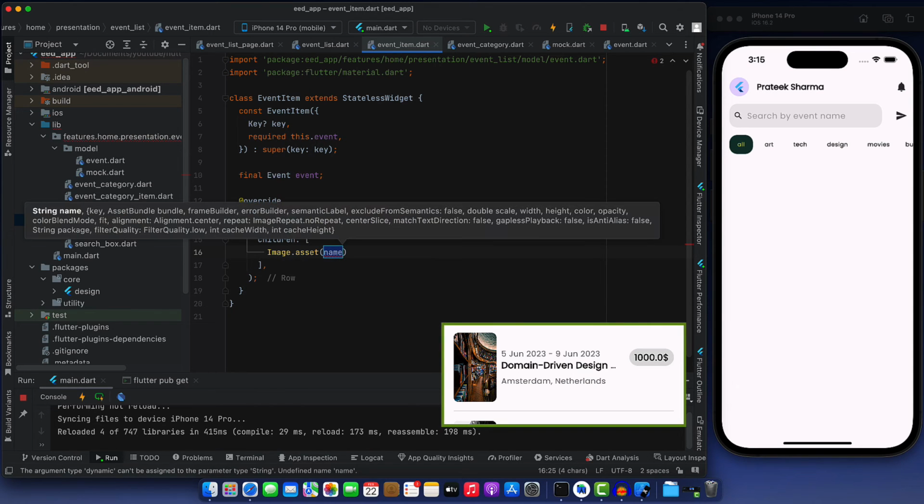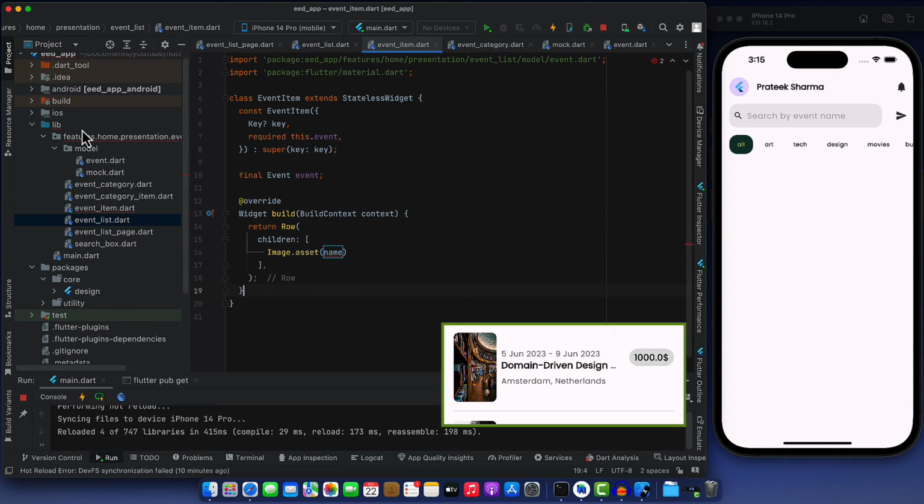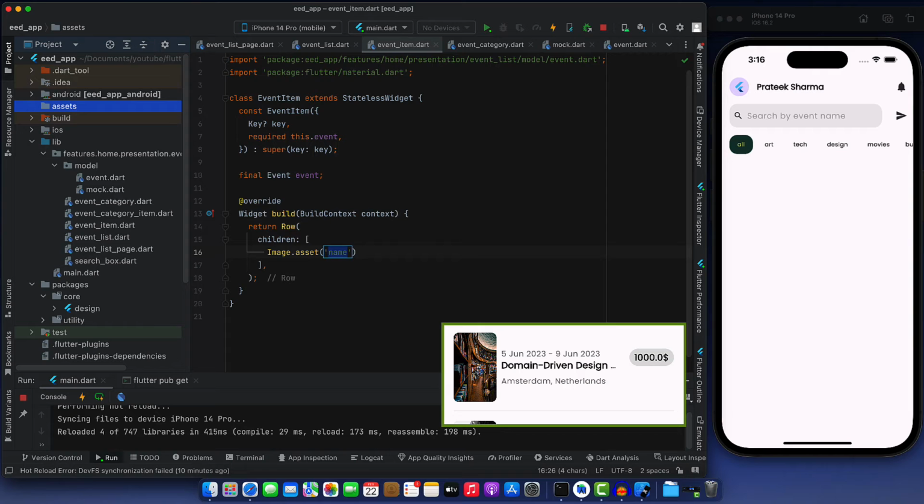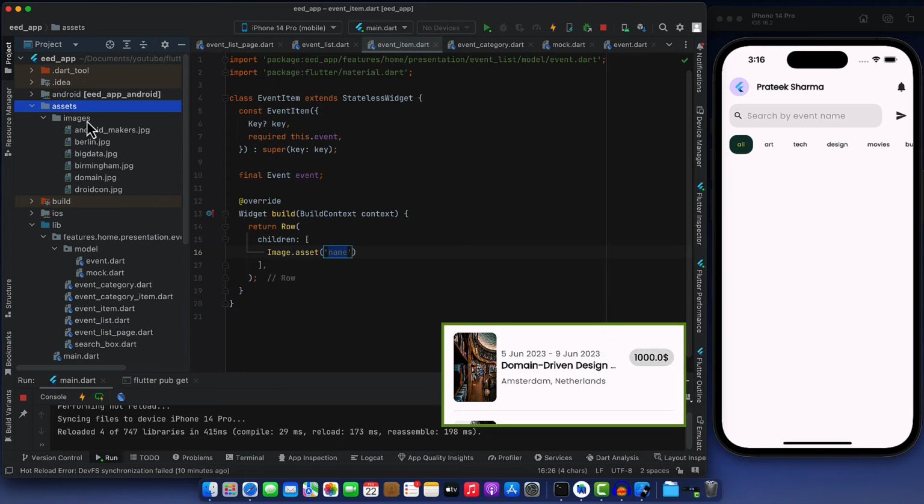Now there is always a better way to do a thing, right? I can simply put all the assets here and give the path to them, right? So first of all, let me just bring in my assets folder named assets. Okay, and then I will paste the images. So these are my images